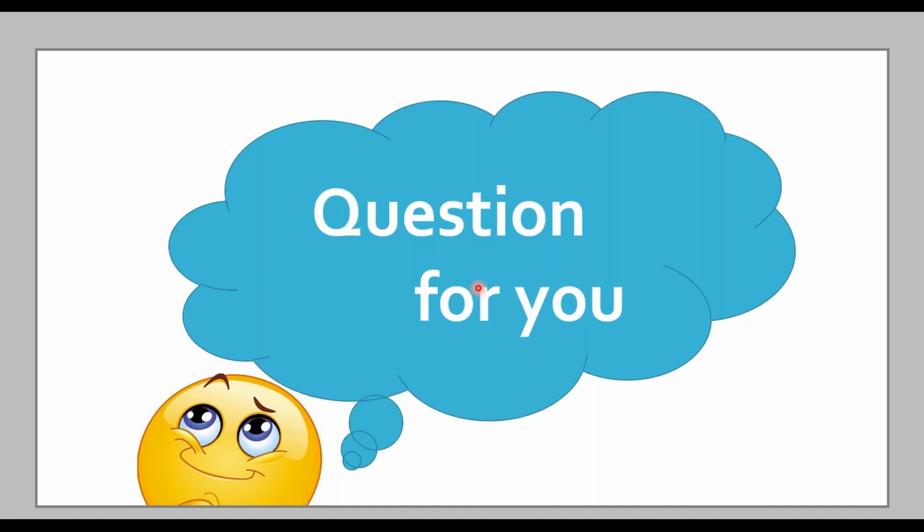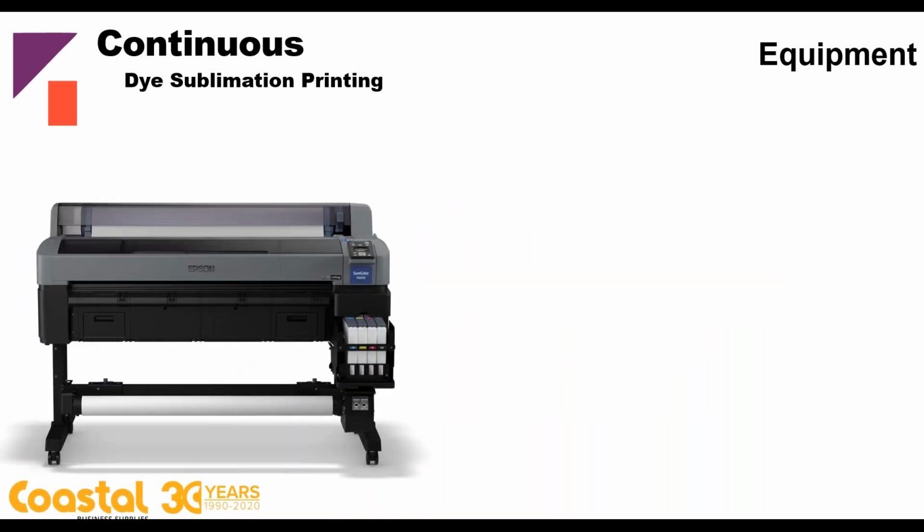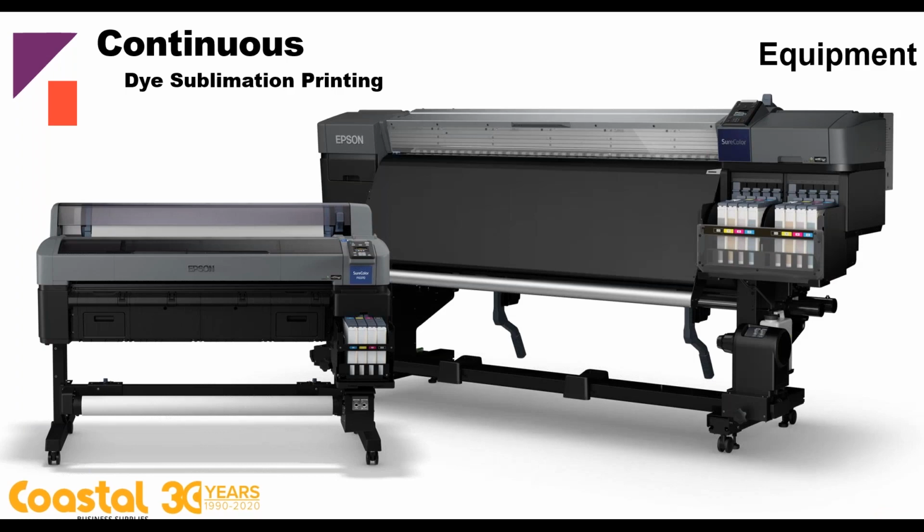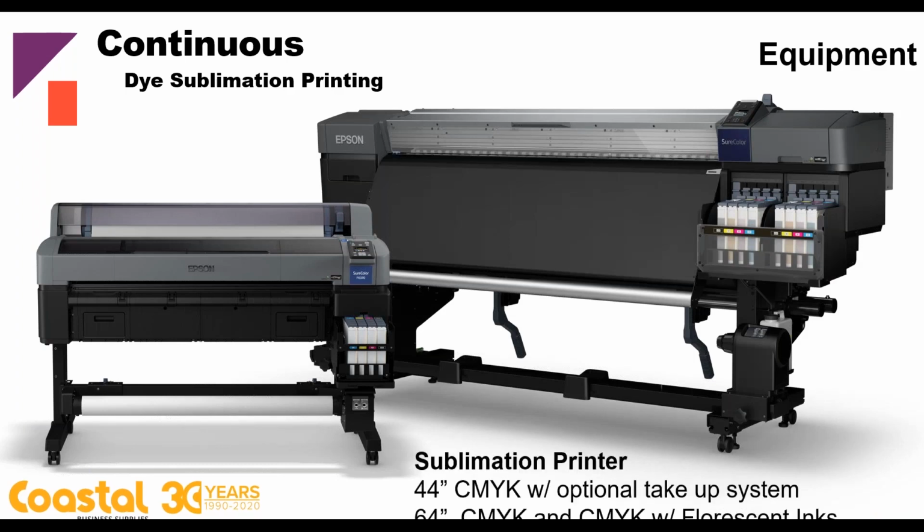All right, so now we've kind of highlighted what we can make, so let's find out how we make it. So I'm going to jump into the equipment here. So this would be a 44-inch dye sublimation printer. There's a couple of different options out in the market for 44-inch. And then our other option would be a 64-inch dye sublimation printer. When you get into the 64-inch range, there's a lot of options available,